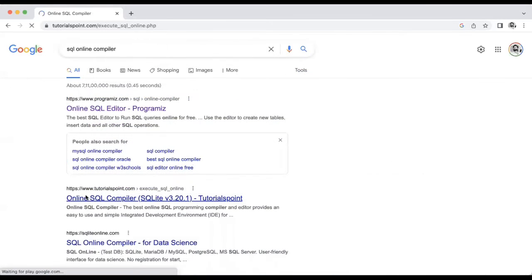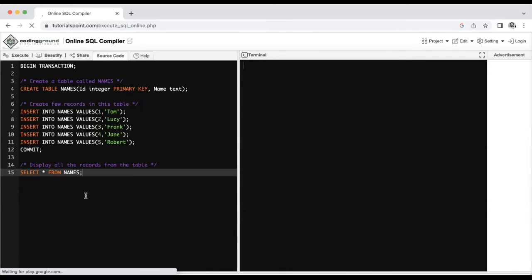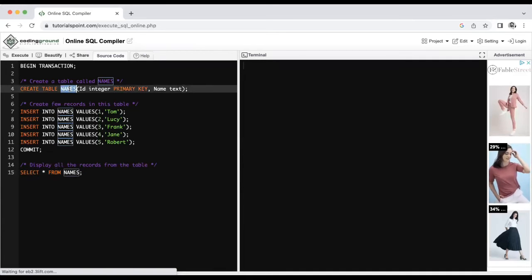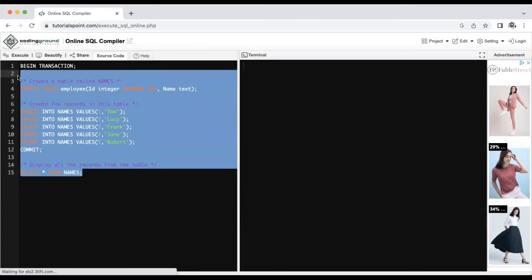Let's go with the Tutorialspoint online compiler. Okay, so we already have a create table and something here. So create table, we'll keep our stuff only. Let's delete and let's